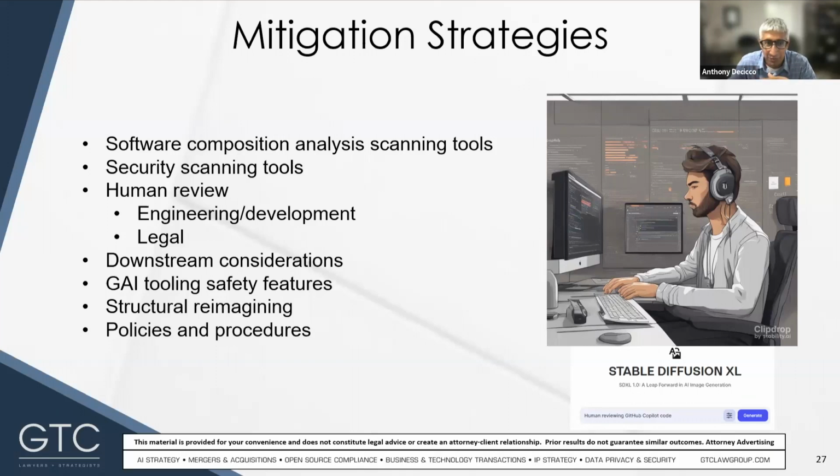As an aside on the human review, you can see on the slide here an image created by Stable Diffusion. It's for the prompt, human reviewing GitHub Copilot code. We're surprised by the output. It's pretty accurate. If you look at the screen there, you can see it has some sort of IDE there. I also say maybe some of the bias is present because if you look at the programmer, it's a male, a particular profile that is also probably present in the training data set.